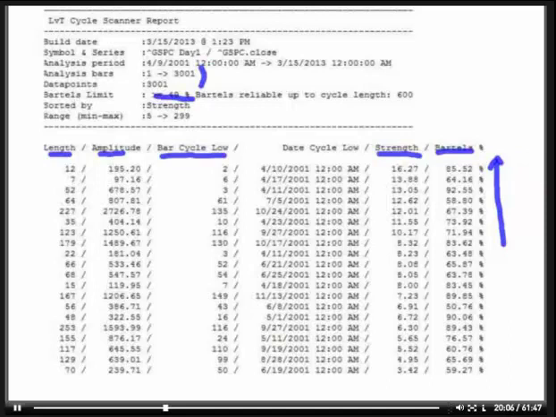People asked me before my previous presentation, what is actually the strength? There are two key features when looking at cycles. One is the length, and the next one is the amplitude. Those are very important parts of the cycle to take into consideration. When you sort the cycles by the highest amplitudes, this will give you the cycles that are seen to have the most influence on the market long term.